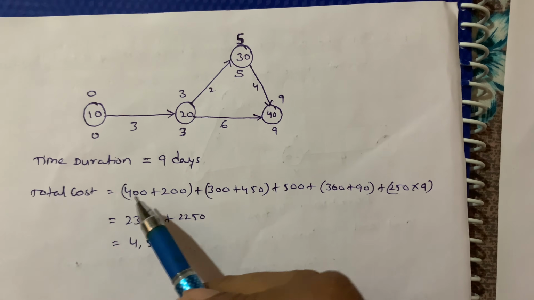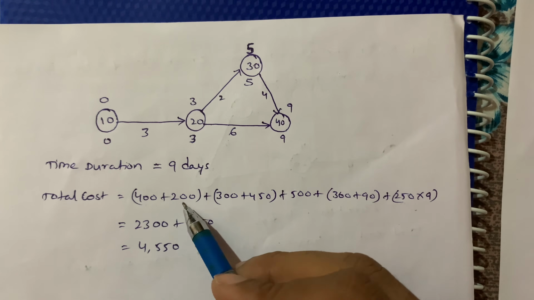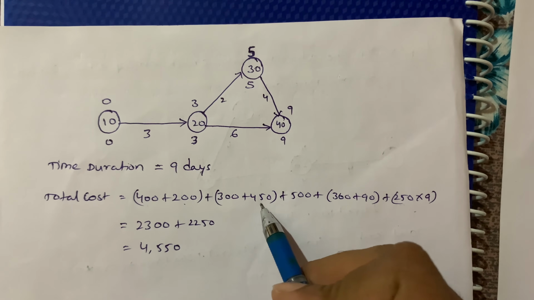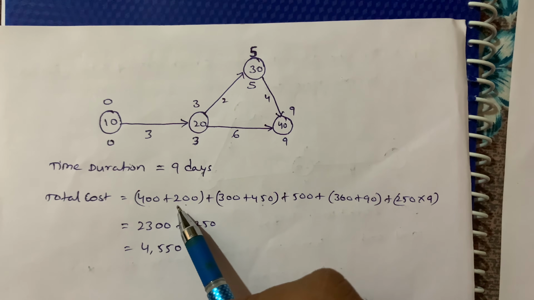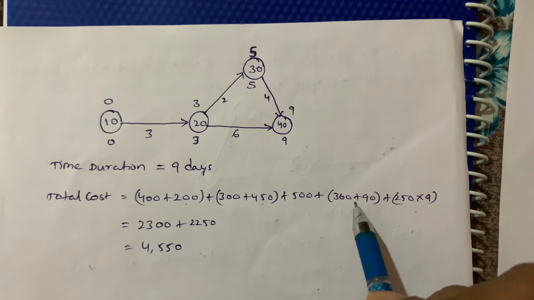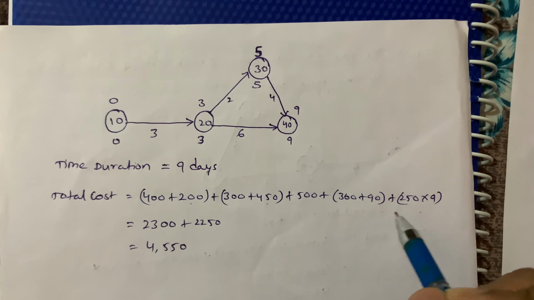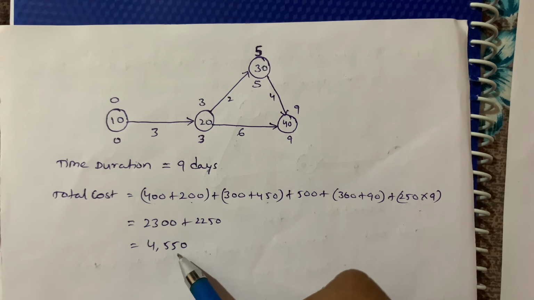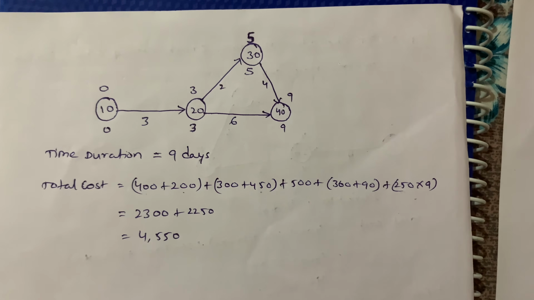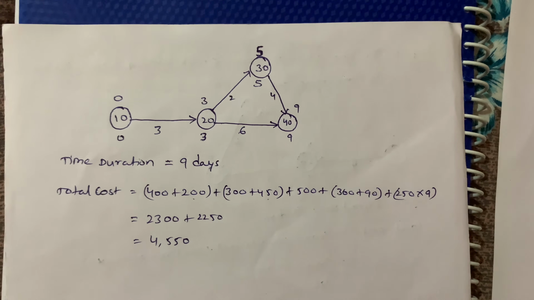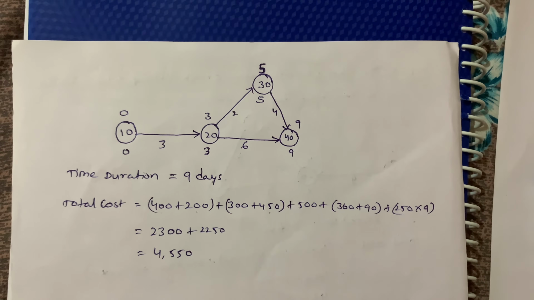So total cost, direct cost plus indirect cost. So total cost is 400 plus 200 plus 300 plus 450. Here we altered 3 activities. That's why I added cost slope for these 3 activities. Okay, so total I got 4550. So like this we are going to solve this for optimum time duration and optimum cost. So after getting all these values, we are going to